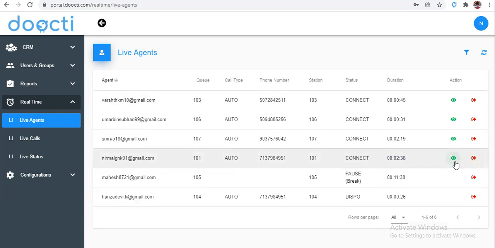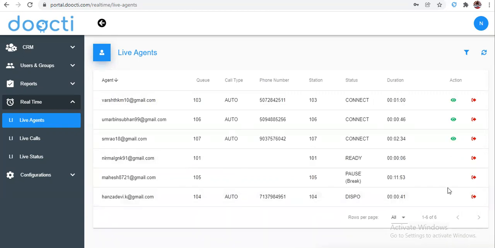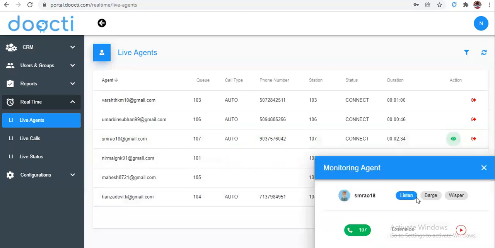All right. So once you click on that eye icon, it shows three types of icons to do barging. First is listen barge. Listen barge is basically to listen to what's going on between agent and customer. And the barge is kind of a conference. Team leader can initiate a conference. The third thing is whisper barge. Whisper barge is basically call coaching. Team leader can give call coaching, they can educate their agents. That's it. The customer can't hear it.